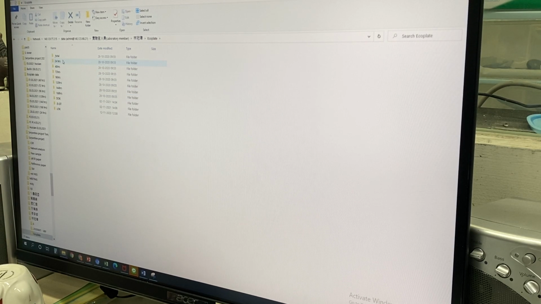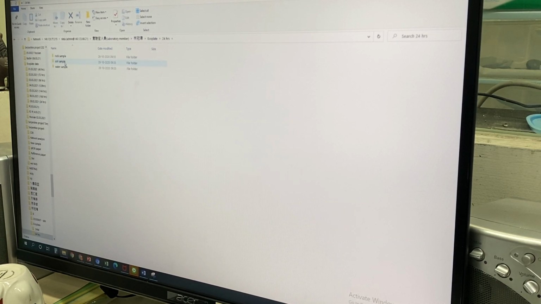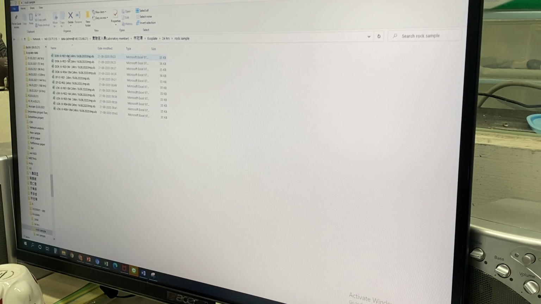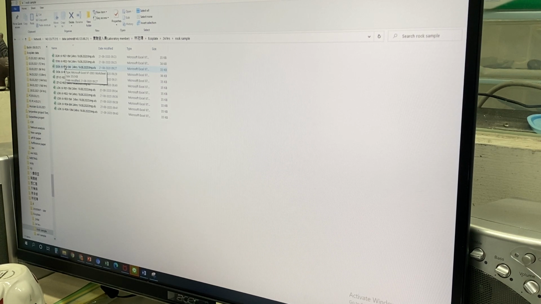So when you go to experiment or any kind of this, okay. Suppose you got that 24 hours experiment, okay. You first do the Ecoplate and put it into the incubations, and then you can take the readings and go to that machine to take the reading, and you will receive this kind of